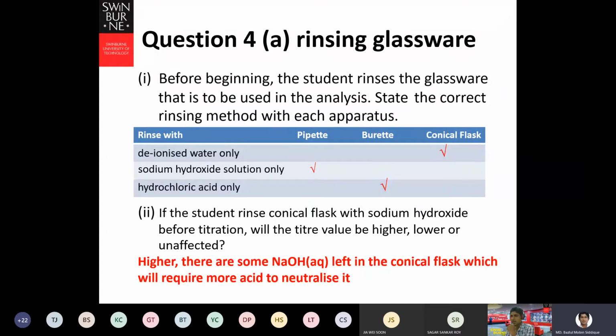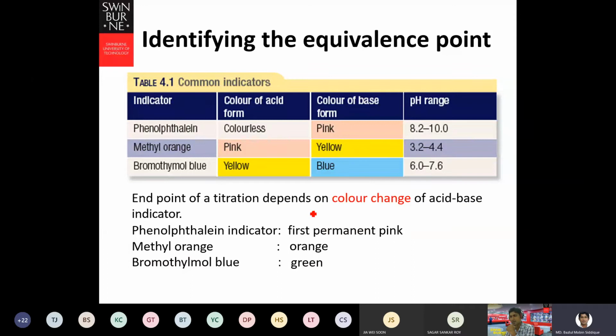And how does the indicator work? You may ask why they change color. The indicator itself is a very weak acid, and since it is a weak acid, if there is a strong base, it will act as an acid. But in the presence of a strong acid, it will act as a base. I mean, it has a dual nature. We will learn more later, maybe when we go for degree. Okay, so